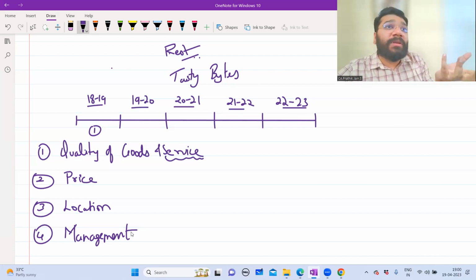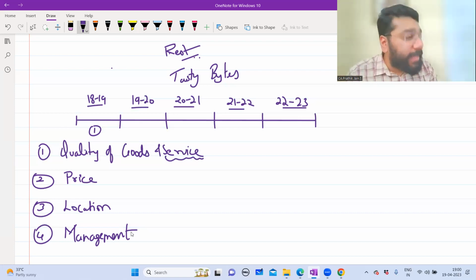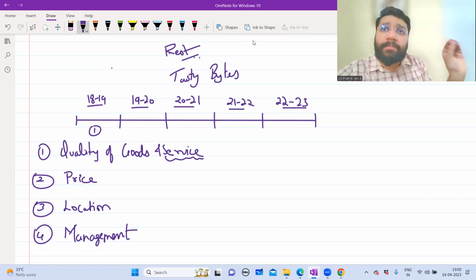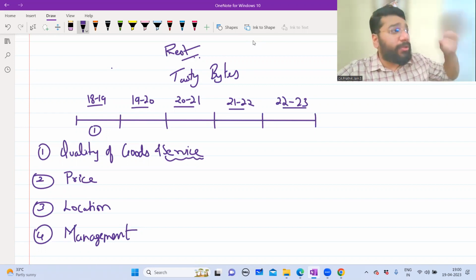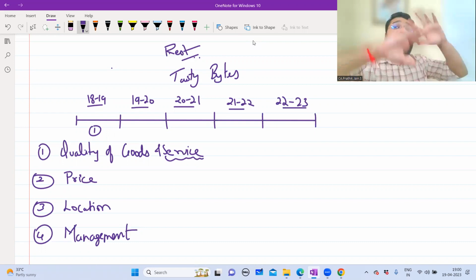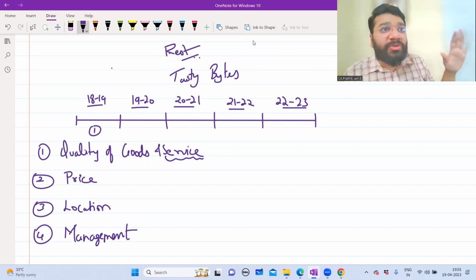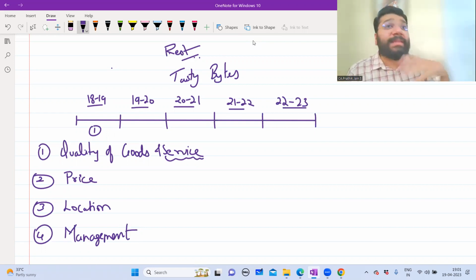So a good management will tell its staff to handle the customers very carefully. So, good management towards customer, good management of staff. Now imagine the staff who are working in our restaurant. We are taking very good care. We are paying them a very good amount of money. We are taking care of what time they're coming, what time they're going out, proper and on time. We are taking care of any difficulties they're facing, any personal issues they're going through. We are helping them with that kind of situations. And we are creating a very good work culture in the organization. So don't you think that these people will go out and tell that this particular restaurant has taken very good care